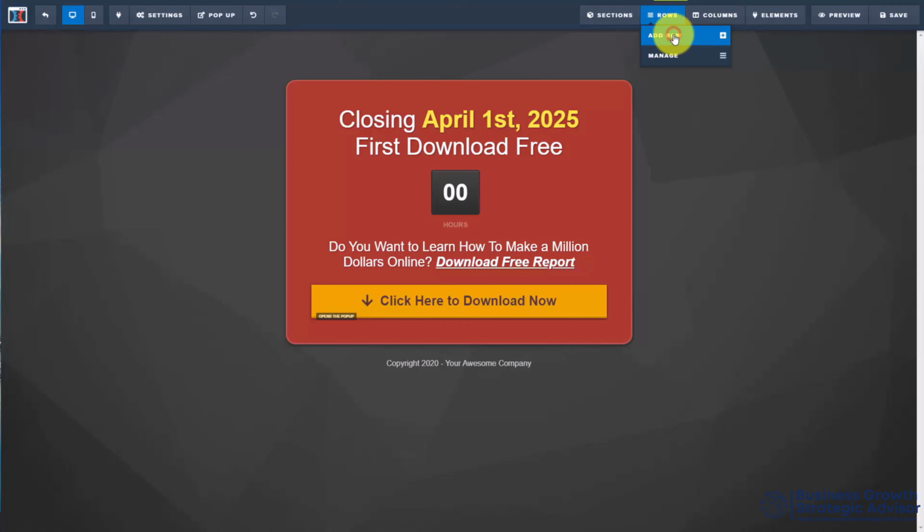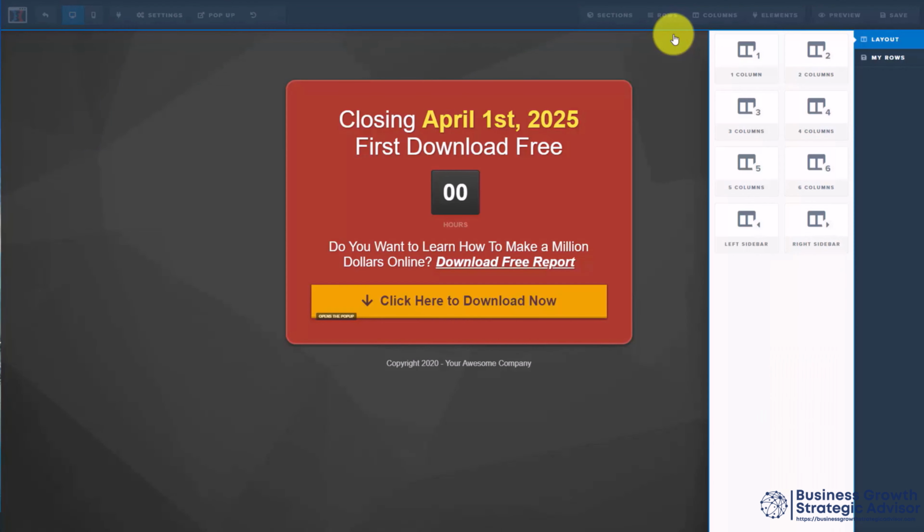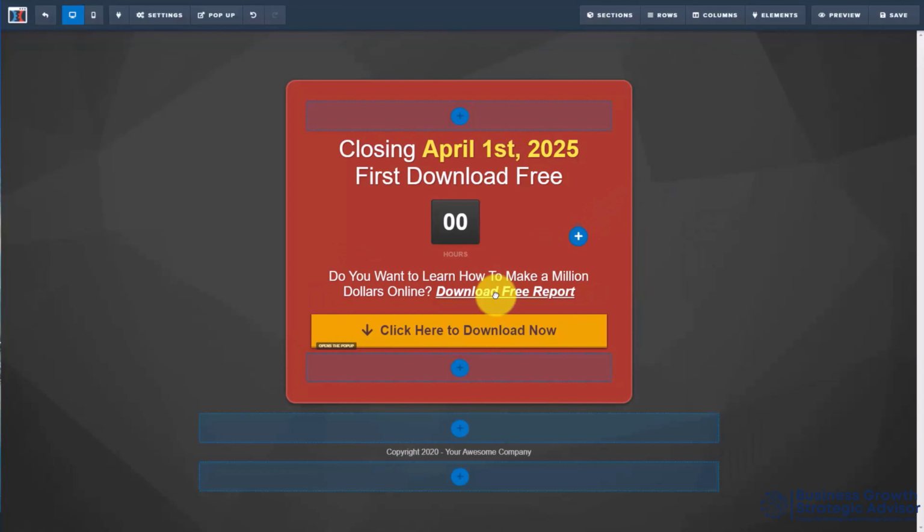So for example, we can click Add Row. And you'll see here your existing rows, and you'll see here the row layout that you want to place. And basically what you can do is you can drag and drop a new row into your page. Let's assume that we want to drag and drop a 3-column row into the page. So what we're going to do is we're going to grab the 3-column row, we're going to drag it onto